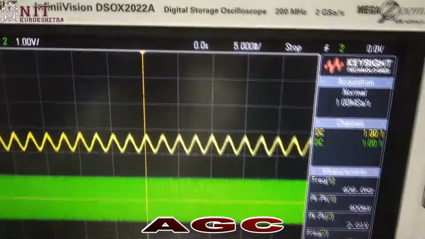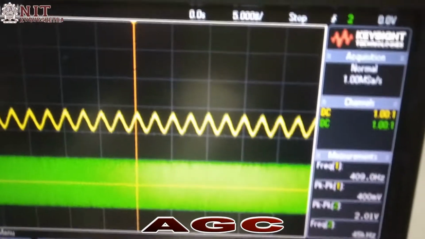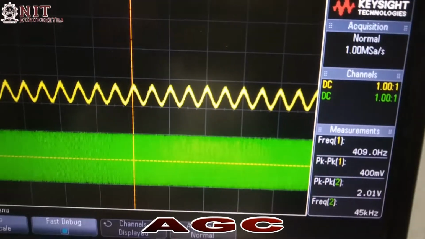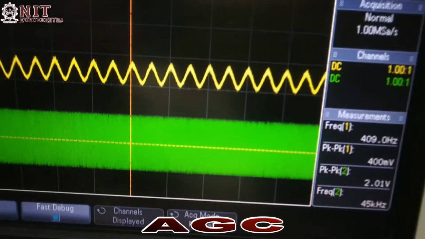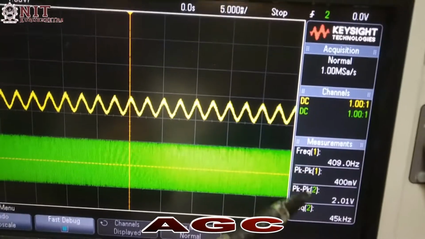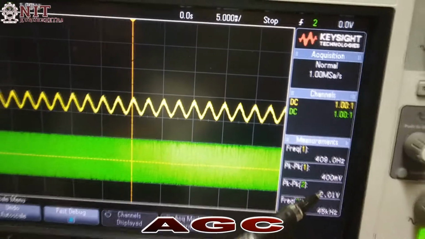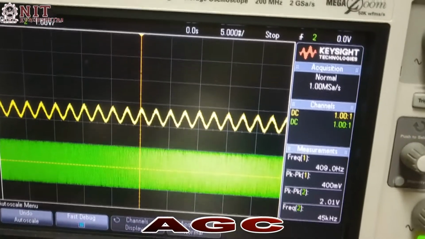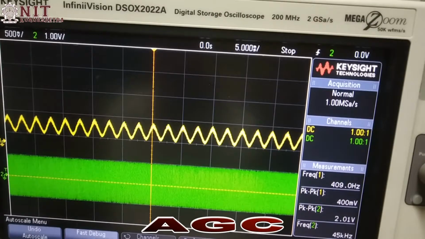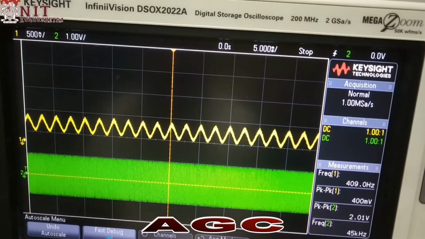So now I have changed the carrier frequency to 890 and I am getting output here 400 Hz and 400 millivolt. In this way I will change the frequency downward.